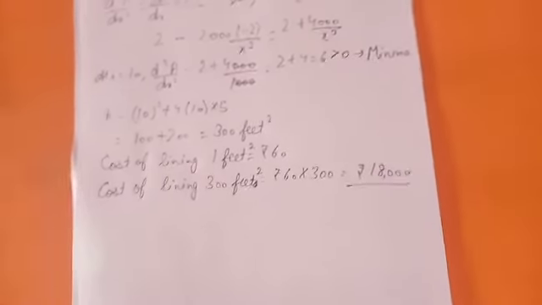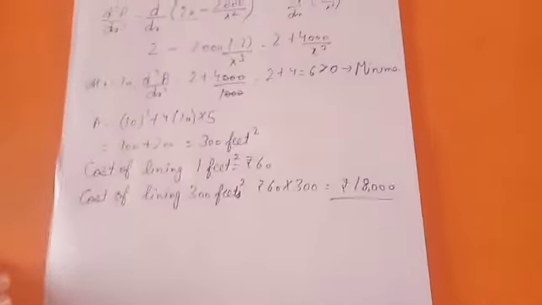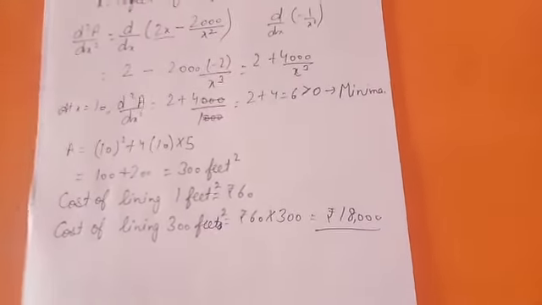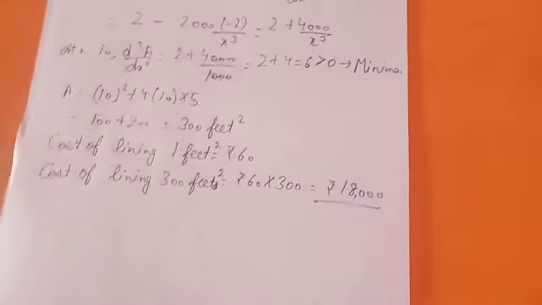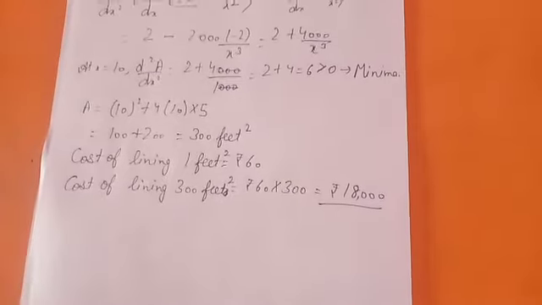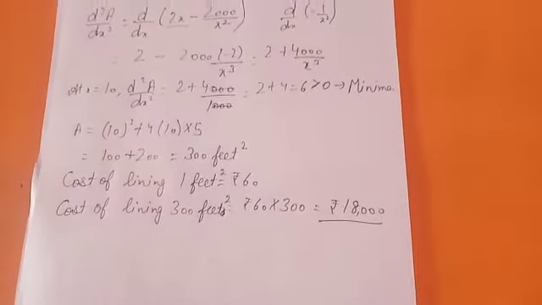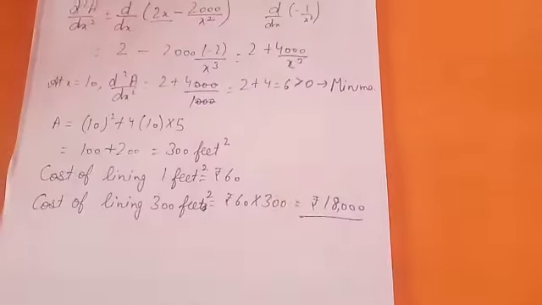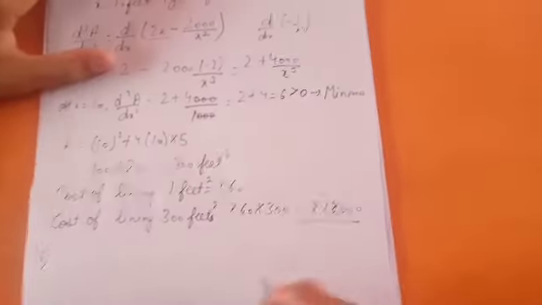Now question number 16, an important question. It is, if 40 square feet of sheet metal are to be used in construction of an open tank with a square base, find the dimensions for maximum volume. Now it is a very easy question. It is just like our question number 15. In this we have to construct a tank.